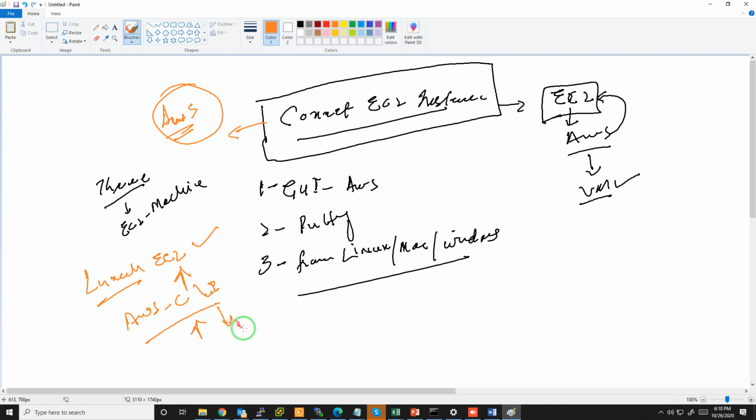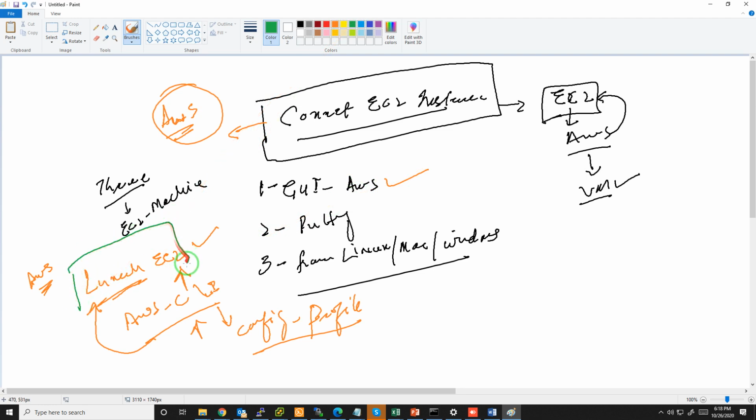First you have to configure the profile in your local system. Then you move to the CLI and launch your EC2 instance with the help of the AWS CLI command. So first we will launch the EC2 instance.